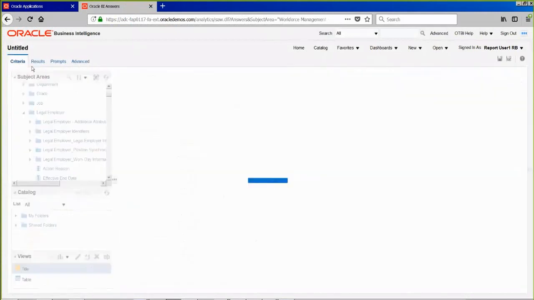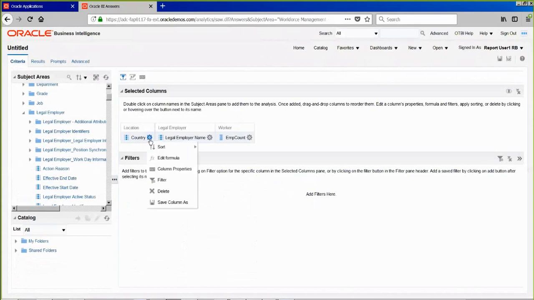Okay, but what actually happens is this country will have a country code and country name. It has 2. Okay, so it has both country code and country name. But when I bring a country here, typically I want to display the country. So if any column internally has code and names, and if